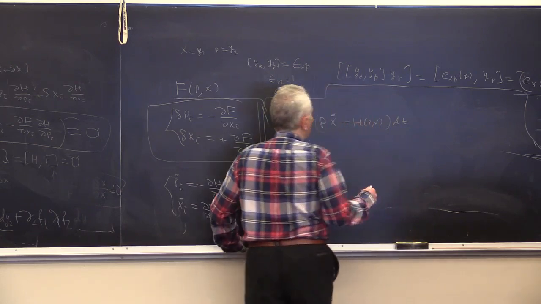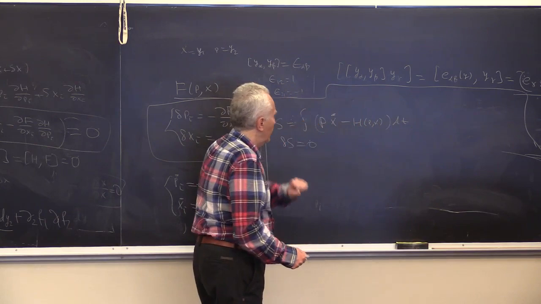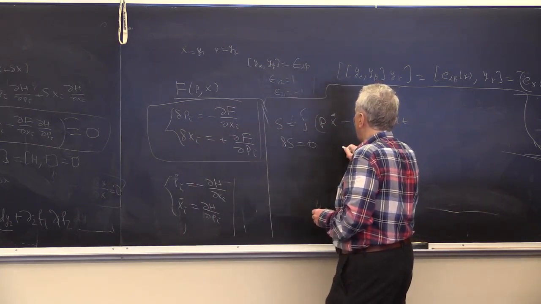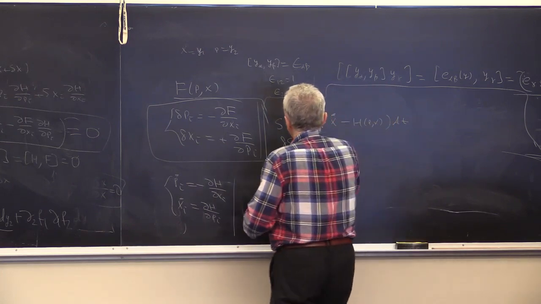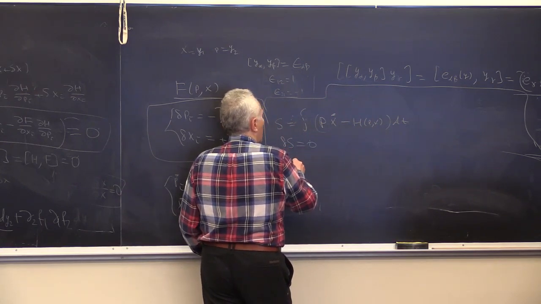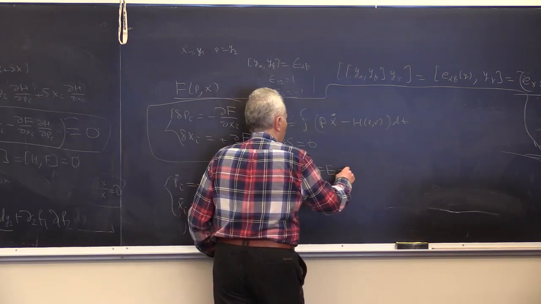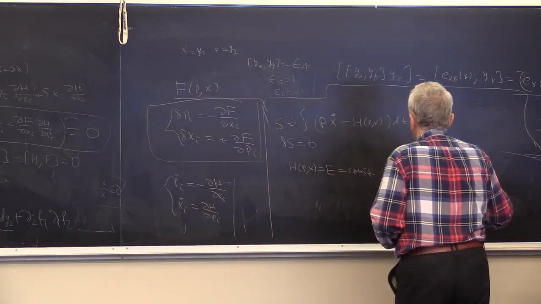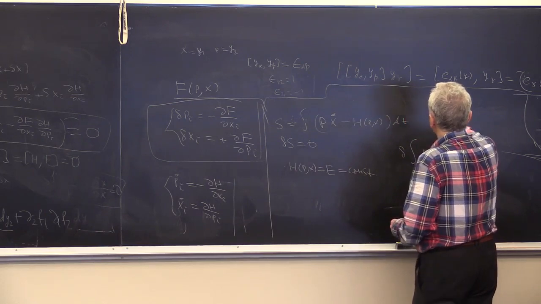But if delta S is 0 for any variation of P and X, it will also be 0 for the variation of P and X which preserves symmetry. So consider only P and X for which H of P and X is equal to energy and is a constant. Then we have a possible variational principle called the Maupertuis principle,